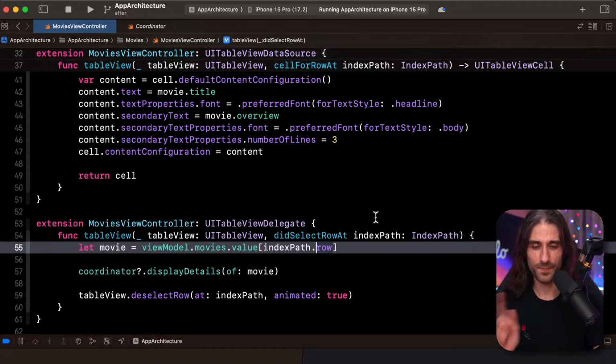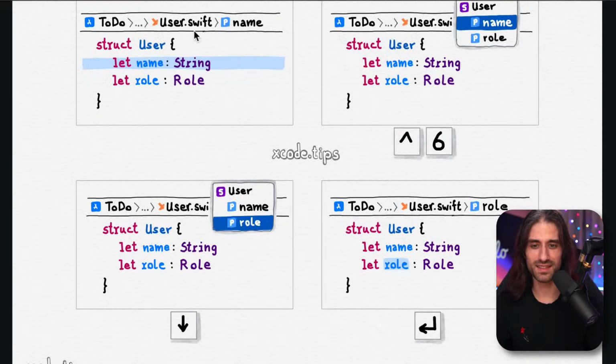I guess it makes sense. I know for whom it makes particular sense. If you're one of the lucky people who have an XDR display with the Apple stand, and you put it vertically, and then you have to move your cursor all the way up the XDR display, then I guess this shortcut can be really useful. To be honest, I'm still the kind of people that would click, because in the moment I don't think I will remember to do Control 6, but it does exist, and it's good to know that it exists.